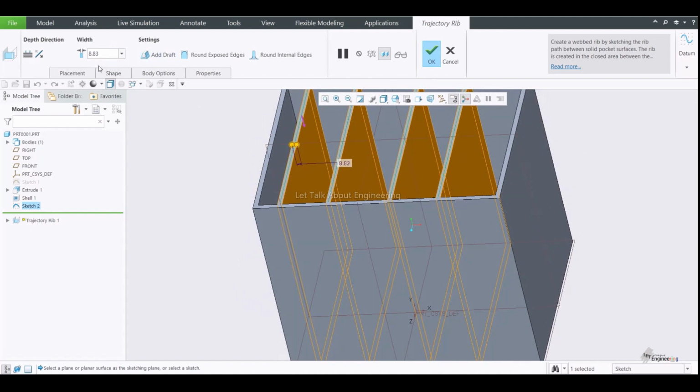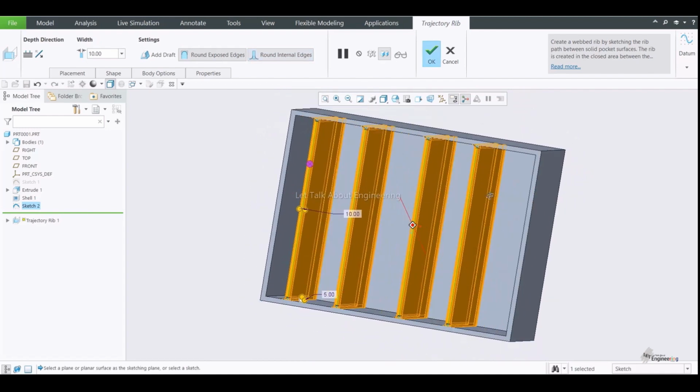Also, in trajectory rib, you have an option to increase the width of the rib. For example, I will increase it by 10 mm, and you can also add a draft, a rounded exposed edge and a rounded internal edge. Okay,